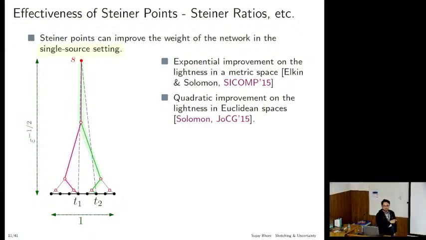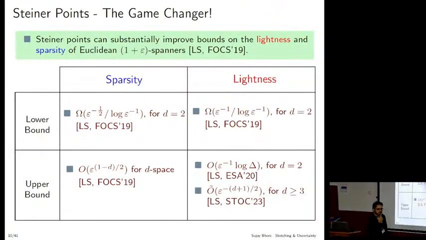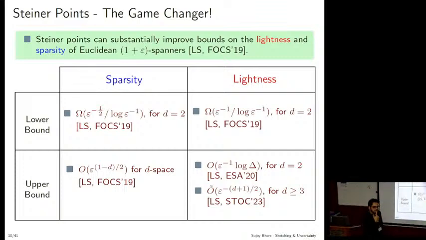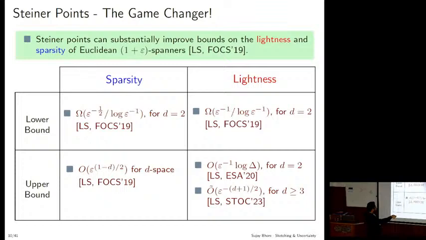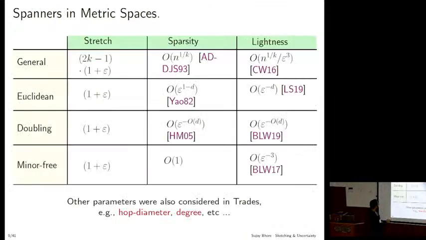I'll come back to the, yes? How do these values compare to the upper and lower bounds if you cannot use Steiner points? Oh, if you do not have Steiner points, then you have a quadratic blow-up. I'll come back to that, actually. Okay. Actually, previously I showed this, right? So this is without Steiner points. And this is an upper bound that you can use. Right. And this is a lower bound that says you cannot get better?